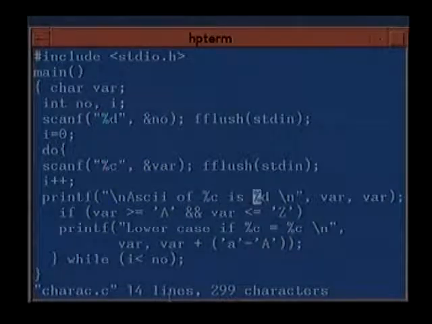And for the same variable, if you give the %d format, then you will get it in decimal, and you can see the ASCII value of the variable. So that is why we put in var here and again var. In the first case, we print it in %c format, and in the second case, to get its ASCII value, we print it in %d format.